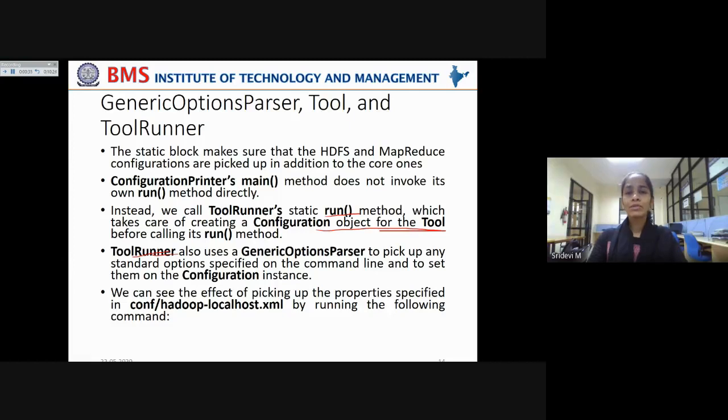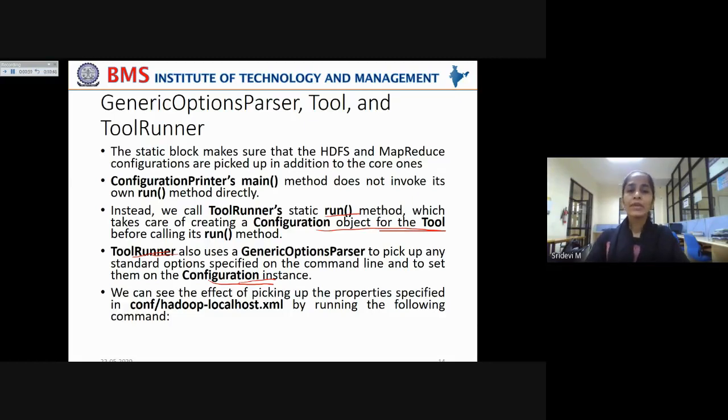So this GenericOptionsParser will enable you to specify any properties on the command line and to set them on the configuration instance, which you are using right now through this ConfigurationPrinter class.